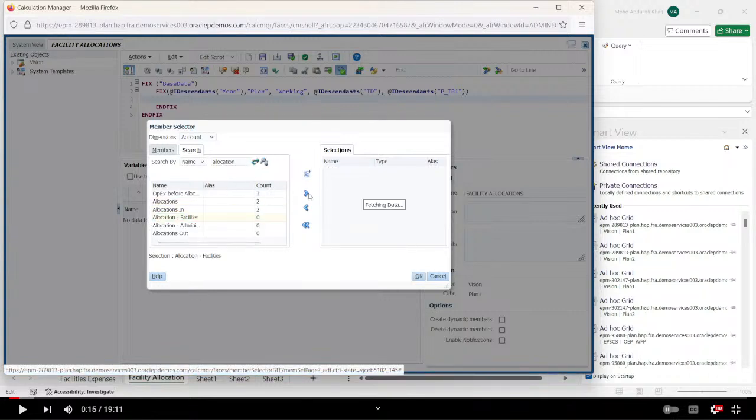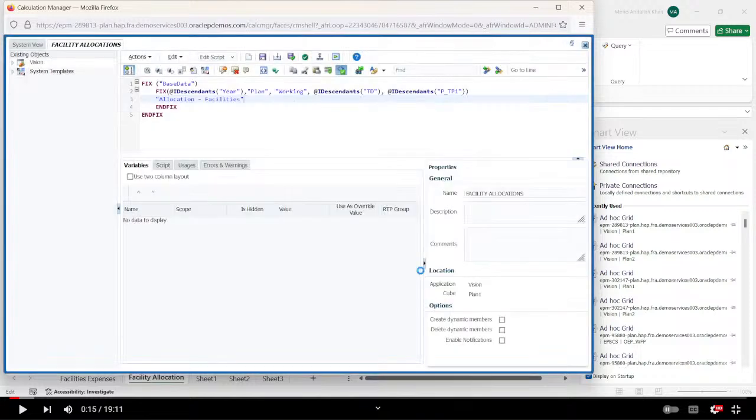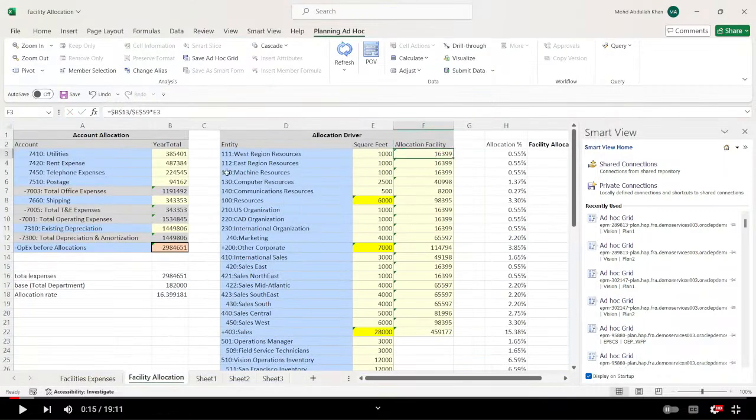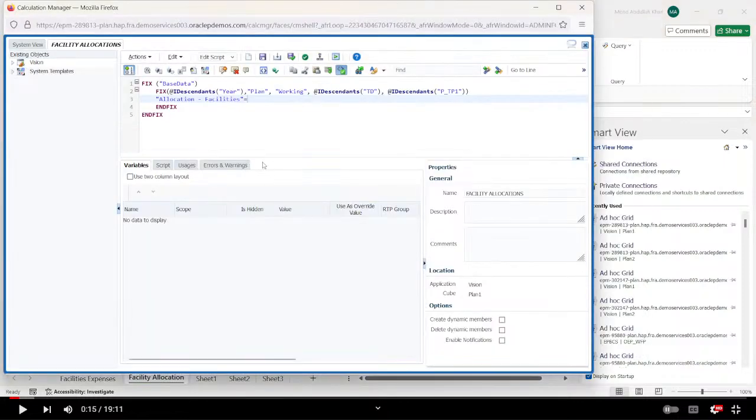I have allocation facilities here. Okay, it is equal to my total operating expenses, that is total operating expenses